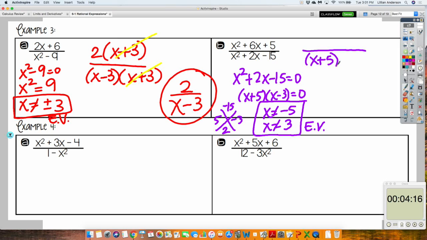Now let's simplify. I already did the hard part for my denominator. What about the top? Same thing. What goes on the top? Bottom. What are my two numbers? 1 and 5. So that's x plus 1, x plus 5. Does anything cancel? And I'm left with